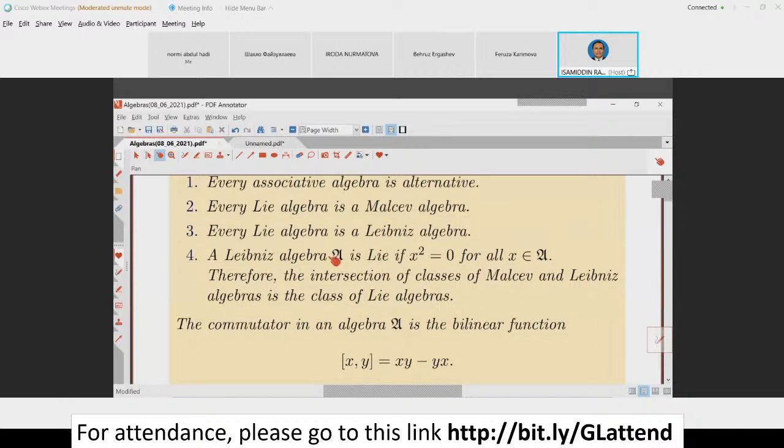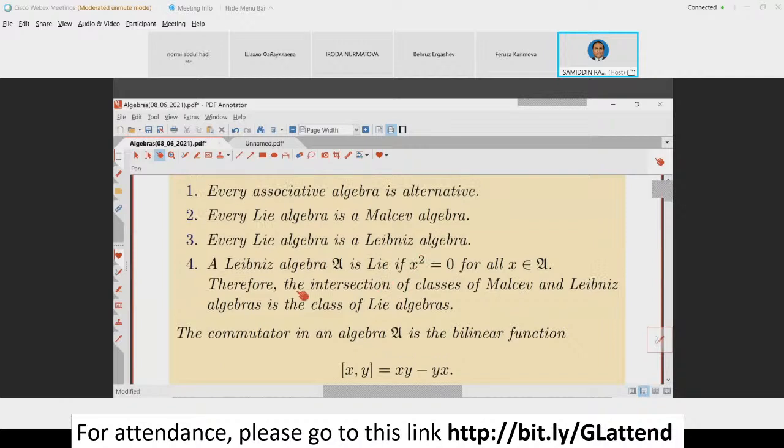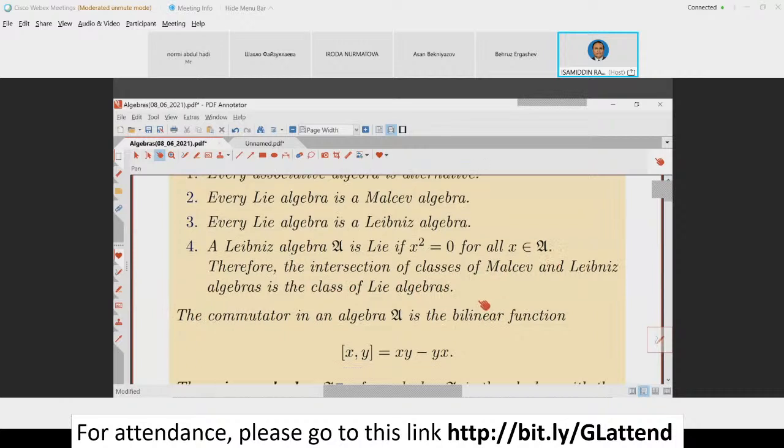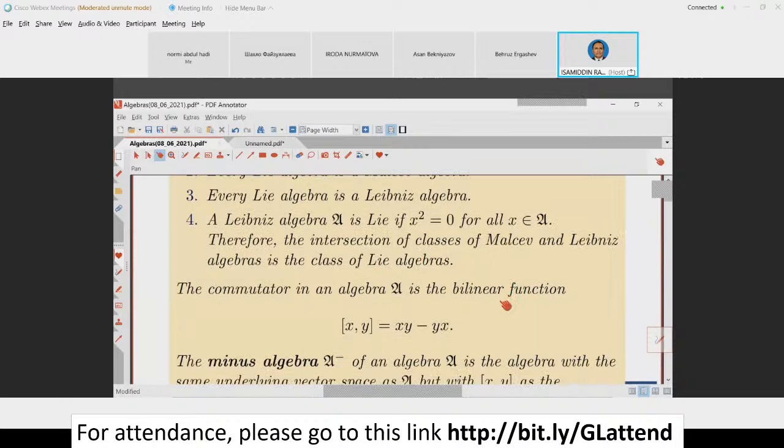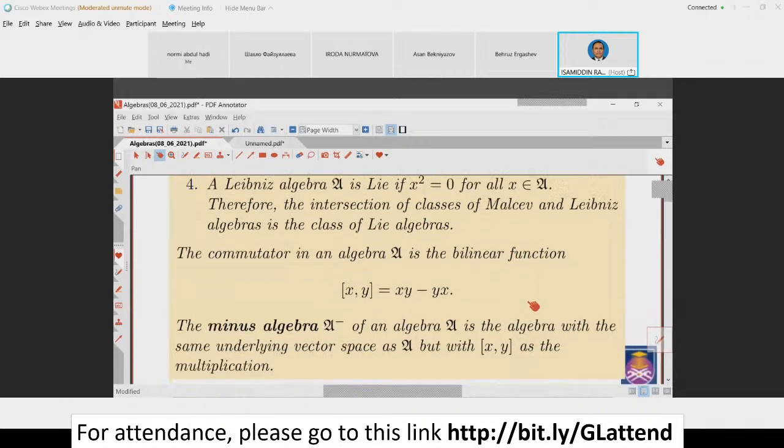And the Leibniz algebra A is a Lie algebra under the anti-commutativity condition. So we concluded that the intersection of the classes of multiple algebras and Leibniz algebras is exactly the class of Lie algebras. So Lie algebras are inside of multiple and Leibniz algebras. And we came to the following